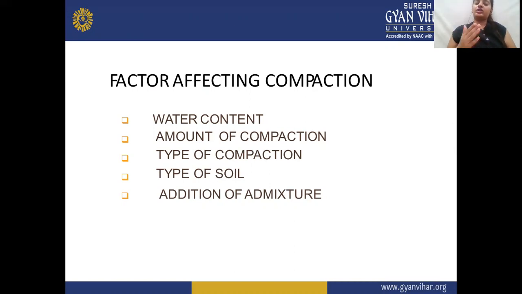And we know that compaction is quite necessary to prevent unsettling and to resolve some soil properties such as expansive and compressive possibility, or freezing and thawing of the soil. So the lesser the volume, the less water can be retained by the soil, and compaction is quite essential.